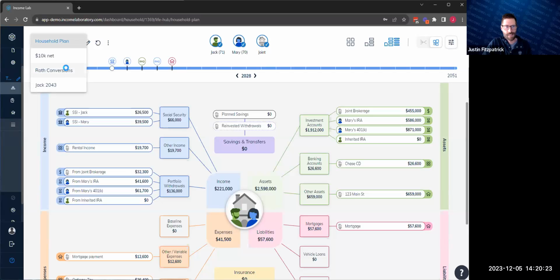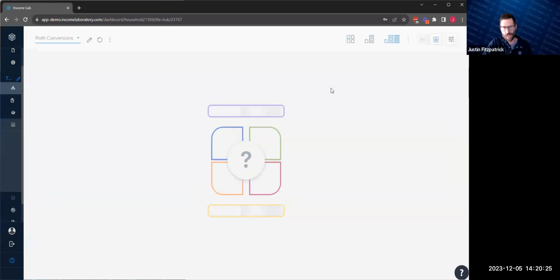We'll get to this later, but if you did have a Roth conversion plan, you would also see those Roth conversions here